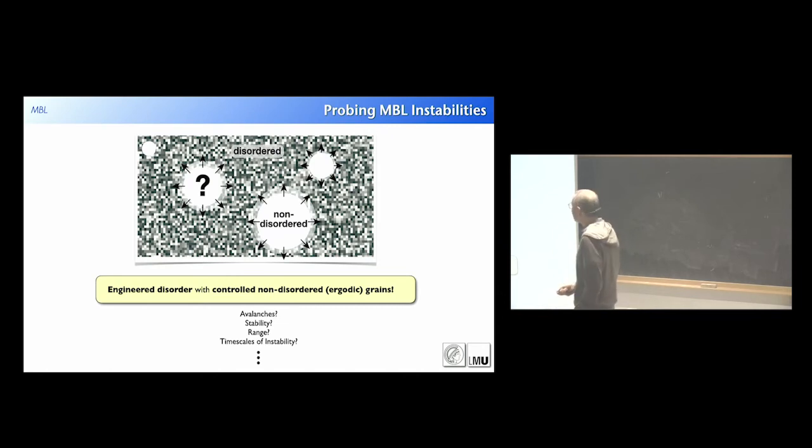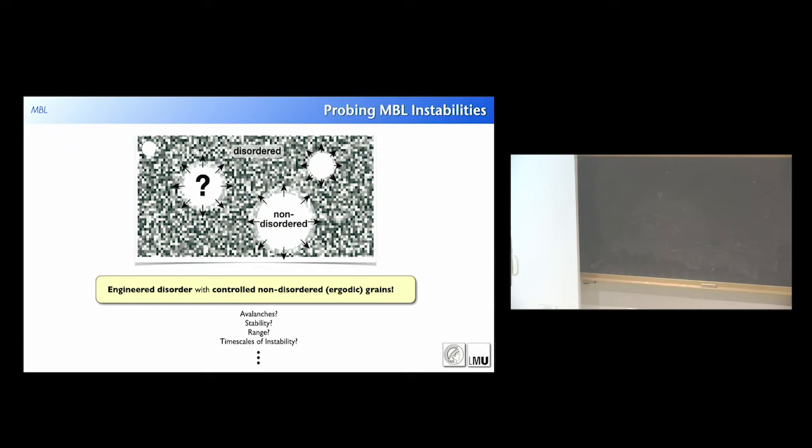Okay, good. So just a few quick questions I want to throw up because I think they're interesting to look at. We heard a lot about the resonances and avalanche instabilities already that could destabilize MBL and that are especially pronounced probably in 2D. And so we have been thinking about these things, and one idea, of course, what you could do is, since you are structuring the disorder pattern yourselves, you have control of what is shown onto the atoms, you could structure it in such a way that you have regions here where you exclude disorder,